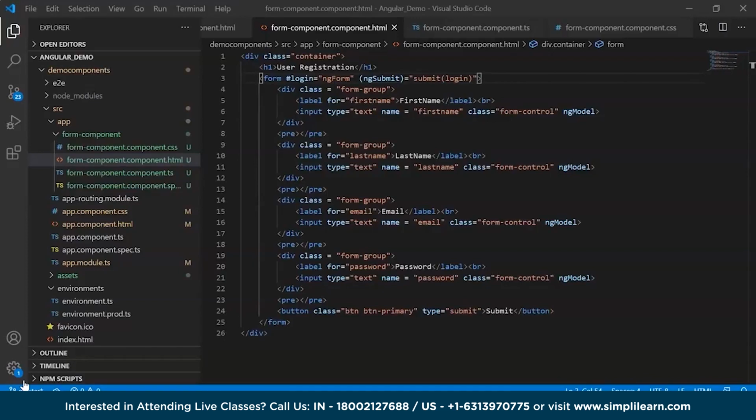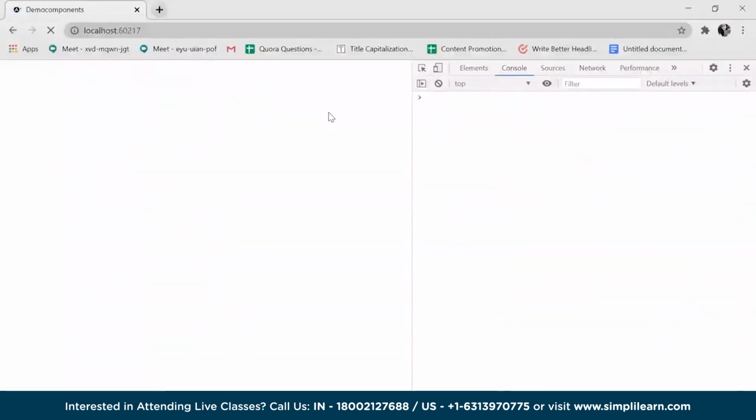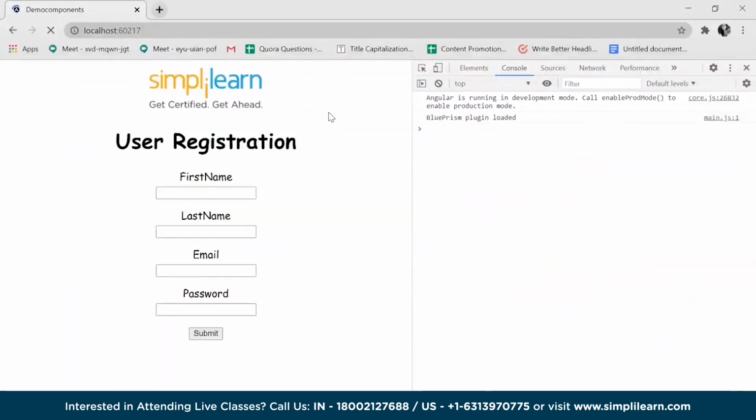Alright, so here in my input tag, I just mention required, meaning this field cannot be empty, and minlength to 2 and maxlength to say 7. Alright. So to check this, let's go to our browser and here let me submit the form